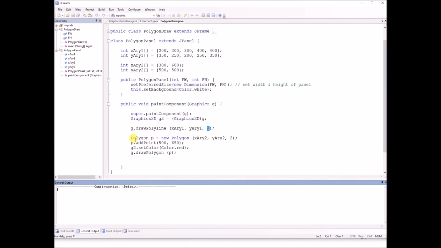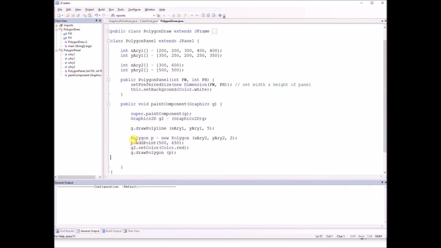Afterward, we are creating the complete or the concrete polygon object. We create the object from the class polygon, and we are passing our other array, which we have defined here, x array 2 and y array 2. This array contains only the 2 x coordinates and the 2 y coordinates. So we have the values for x1, y1 and x2, y2. This polygon object is being created with only the 2 points. We did not draw it, we just create the object.